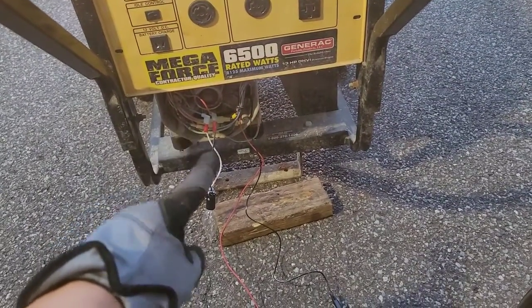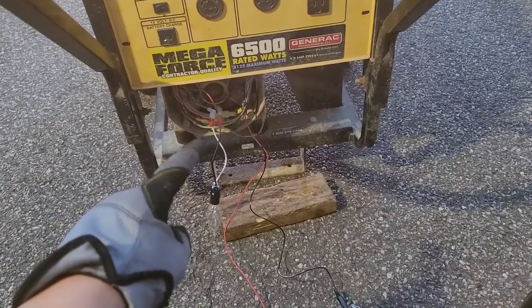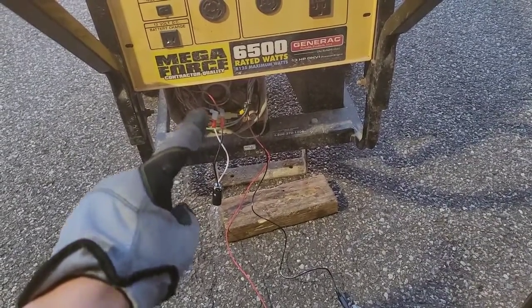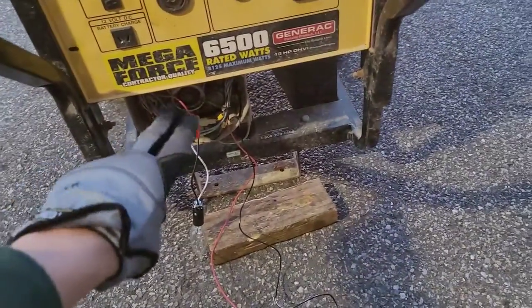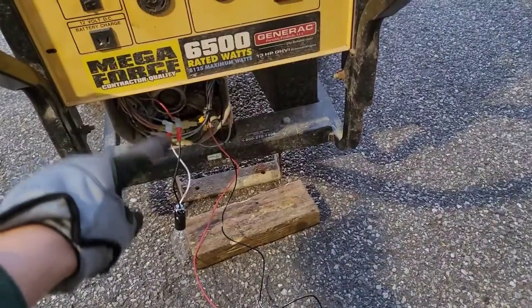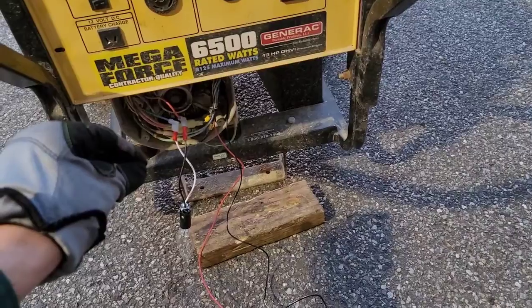Wanted to make sure that all the resistance and the windings are good, and I did test them off camera and they were in spec, but sometimes that doesn't always tell you the full story. What you have to do, especially with the exciter winding, your DPE winding, if you don't measure the right resistance,